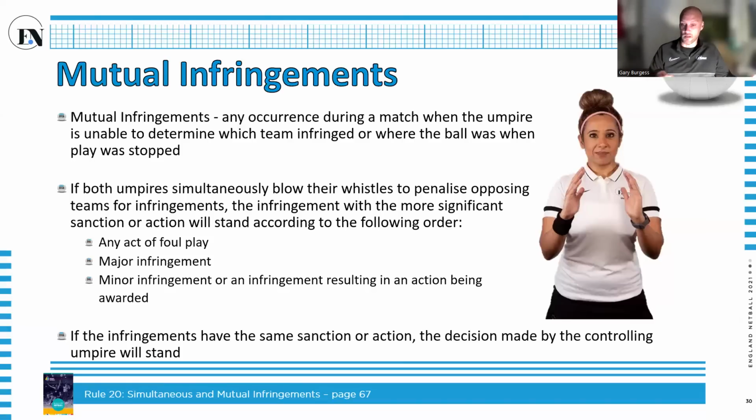So if mine's a minor, like footwork or offside or playing the ball, and yours is an action, so like, I don't know, like a throw in being taken or a possession being given, then it goes back to the higher level of sanction. Now, if the infringements have the same action or sanction, then the decision made by the controlling umpire, which means the umpire whose area the ball is in,